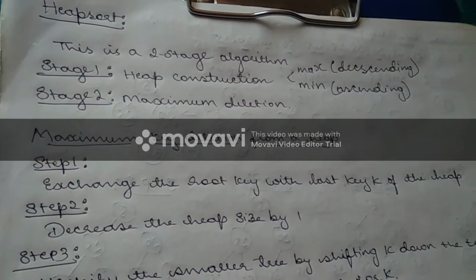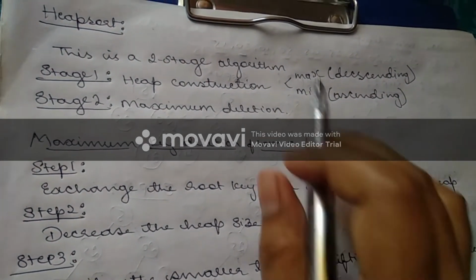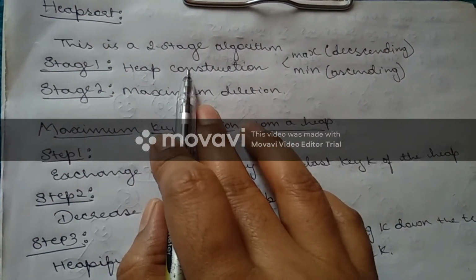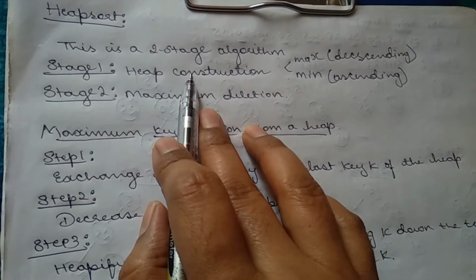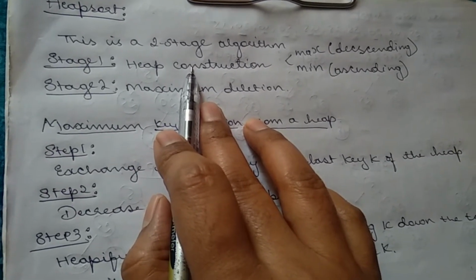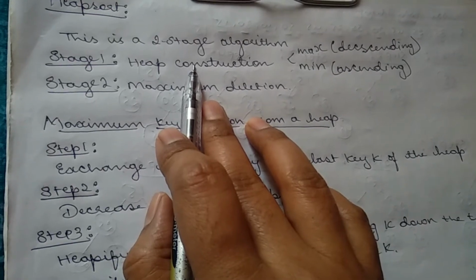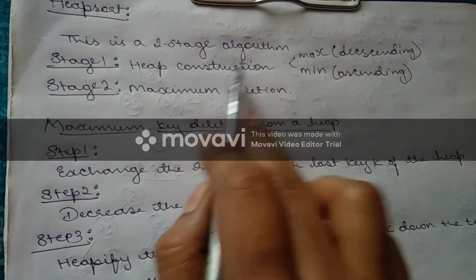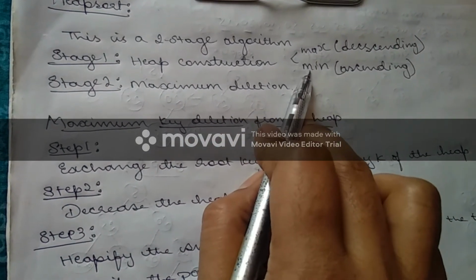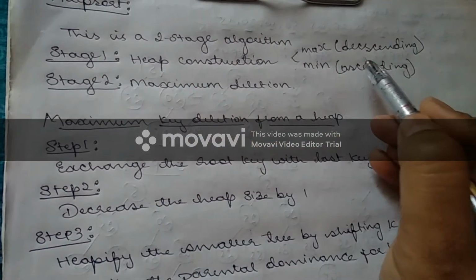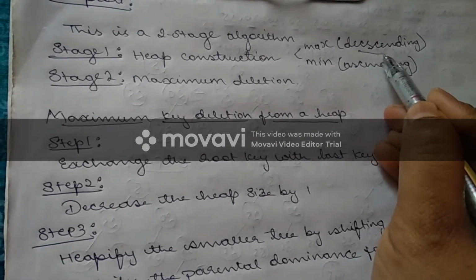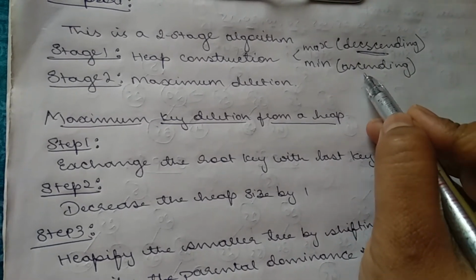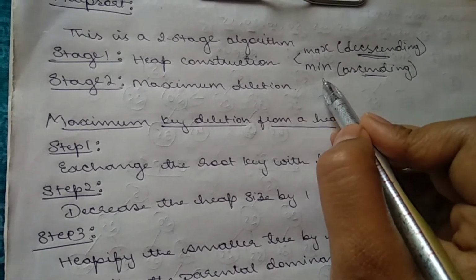This is very important. You have to remember in heap construction, in the question they will not ask you to just construct the max heap or min heap. Directly they will give: sort the given array in descending order or ascending order. So the very first step is heap construction, and you must know whether it is max heap or min heap. It is very clear that if you have to sort the elements in descending order, then it is max heap. If you have to sort the elements in ascending order, then it is min heap.